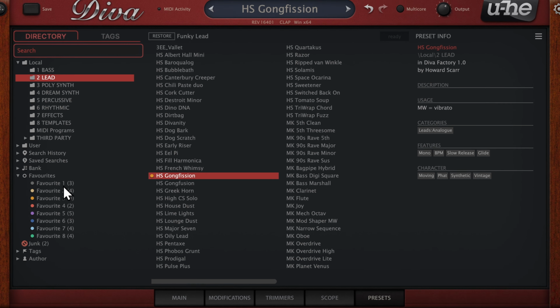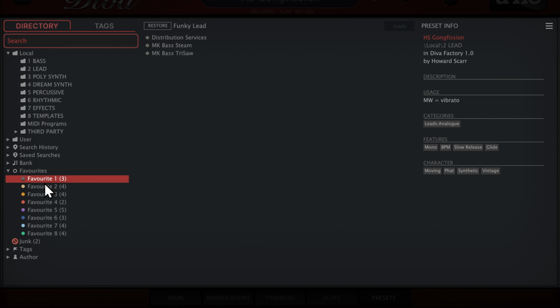As we've already shown you, the Favorites Smart Folder will let you keep track of all your different favorite presets at a glance. Copying, moving, or renaming your presets in the System File Browser will erase these favorite marks. That's why we recommend that you always perform such actions within the preset browser.